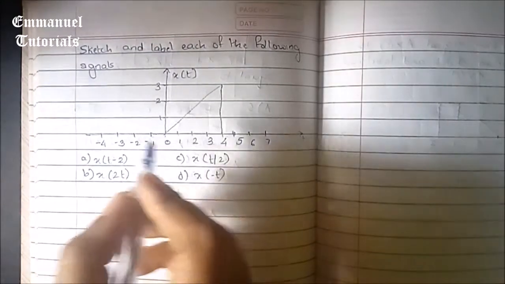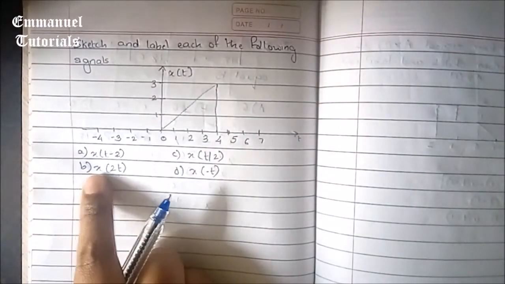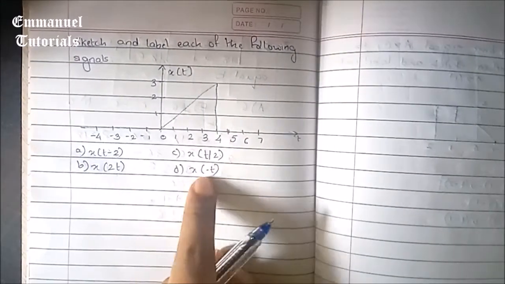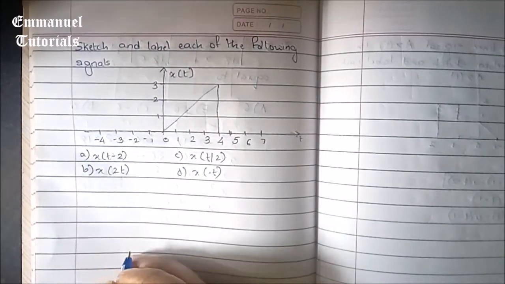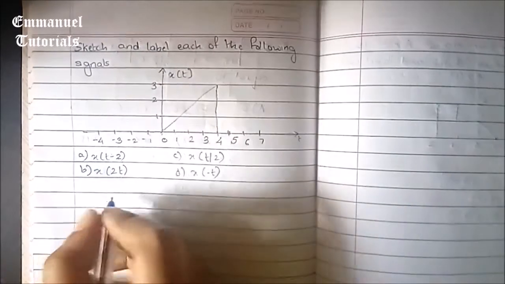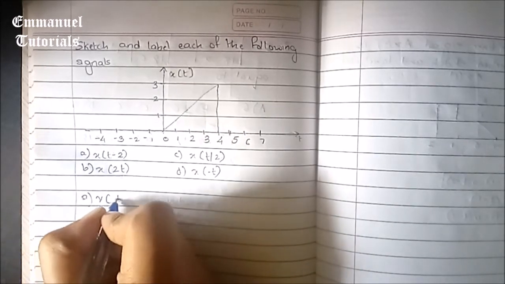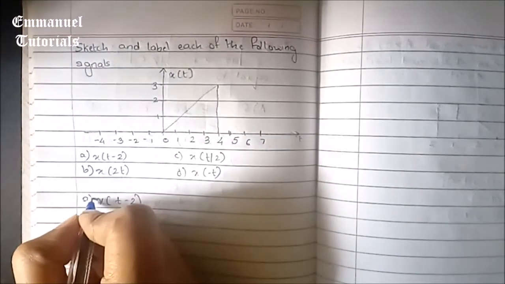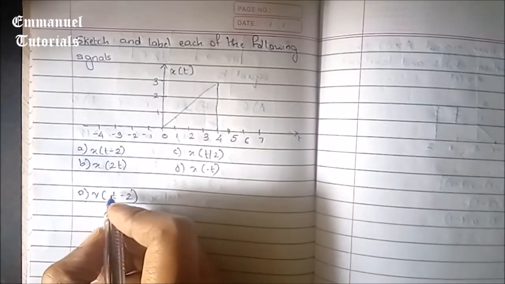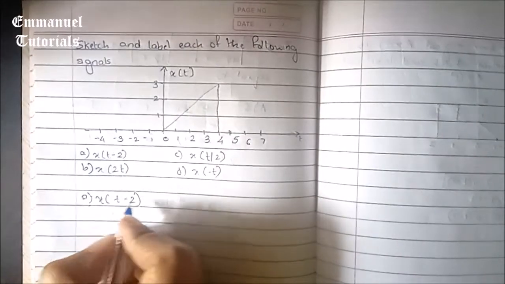So let's start. Here you have been given a signal x of t and you have to sketch these four signals. That is the time shifted one, time scaling, and then time reversal. Let's do the first one, that is x of t minus 2. This is time shifting by t naught and it is minus, so it means it is delay, and delay means you're going to shift the signal to the right by however much t naught is given here.